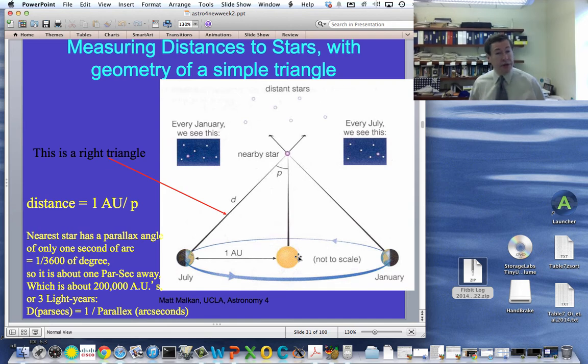But fortunately, if you have good enough technology for very precise angular measurements, which has been perfected over the last 50 years or so, 100 years it's been working for the nearest stars, you can measure these small parallax angles now for tens of thousands, maybe hundreds of thousands of stars. There have been entire space missions devoted to measuring precise parallaxes for stars. If the star is too far away, it's really hard to do. If it's maybe tens of thousands of light years away on the other side of the Milky Way, parallax angle won't be measurable. But for many, many stars in the local part of our galaxy, this measurement has now been made with a reasonable accuracy,